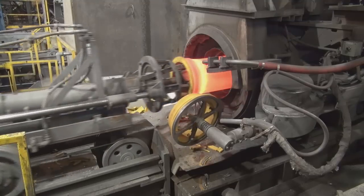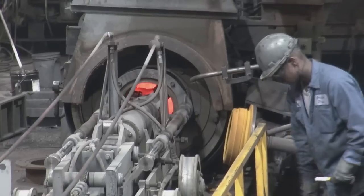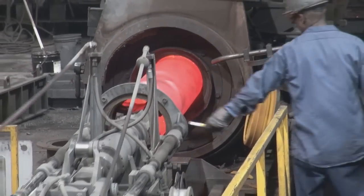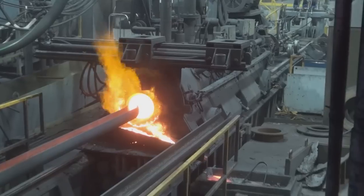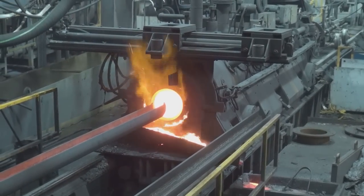You may have noticed the bumpy pattern which is called peening on the outside of ductile iron pipe. The peened surface on the inside of the mold allows the liquid iron to grab the surface of the mold during casting. If not for this peening, the iron would splash all over the mold, resulting in defects and scrap